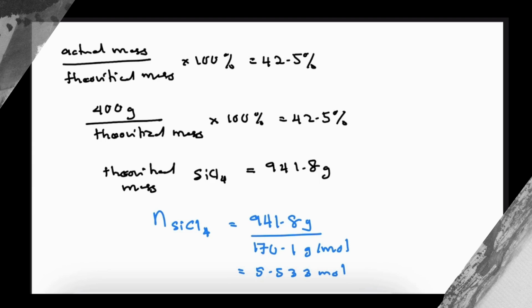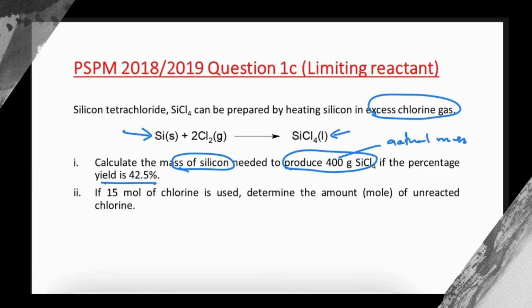Okay, so the question asks you to determine the mass of silicon. Okay, so we already determined the number of mole silicon tetrachloride. So now we need to compare. So we did a reverse job. Okay, so we can write 1 mole silicon tetrachloride equivalent to 1 mole silicon. If we have 5.533 mole, meaning that we also have